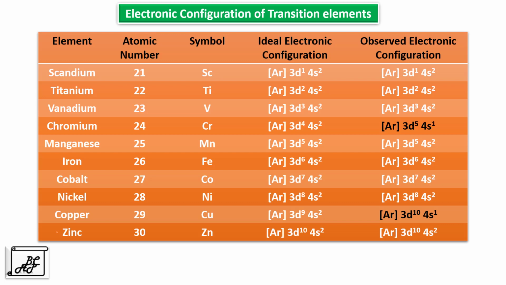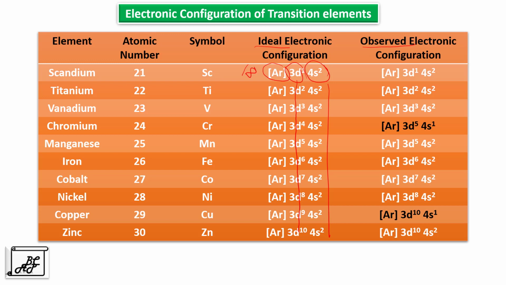There are two types of electronic configurations. In case of ideal electronic configuration, it starts from argon, which completes 18 electrons as it is the nearest noble gas element. Then 2 electrons enter into the 4s orbital. So this argon and 4s2 is kept constant and the next electrons enter into the 3d orbital starting from 3d1, 2, 3, 4, 5, 6, 7, 8, 9 and 10 for zinc. This is called the ideal electronic configuration.